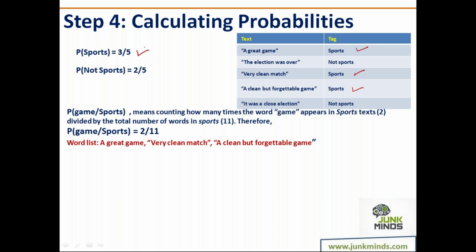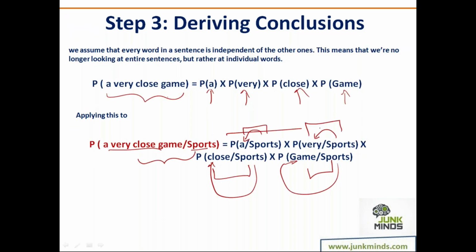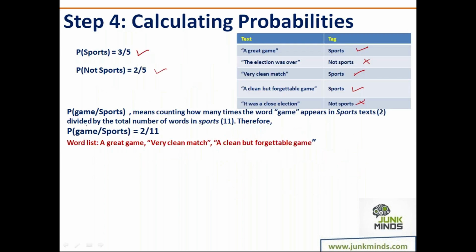What is the probability of us not talking about sports? So out of the 5 values that we have, 2 are not about sports. So it is 2 on 5. This is what we get over here. Now, we need to get the probability of each of these words whenever we are talking about sports. So how do I do that? What is the probability of us using this word game when we talk about sports?